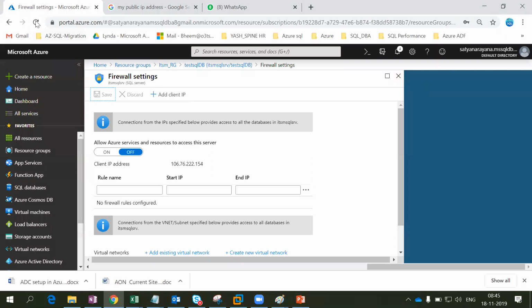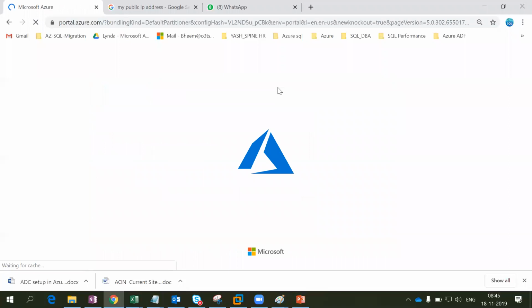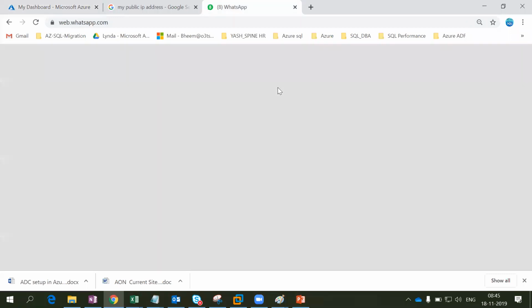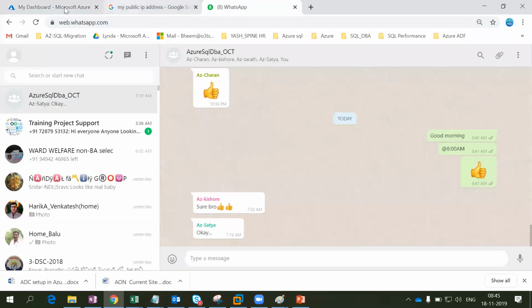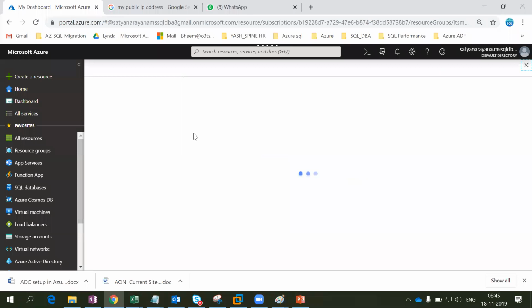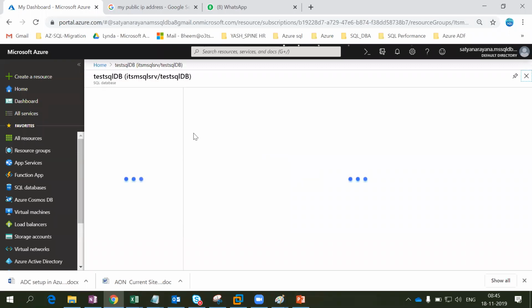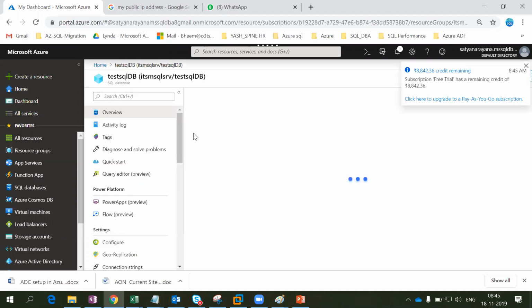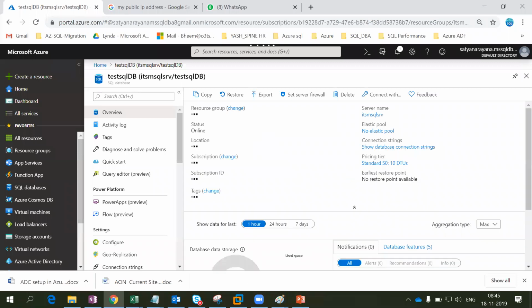Just refresh and try to connect now. Again it is going to ask you for the user ID and password. Let me try to connect now.